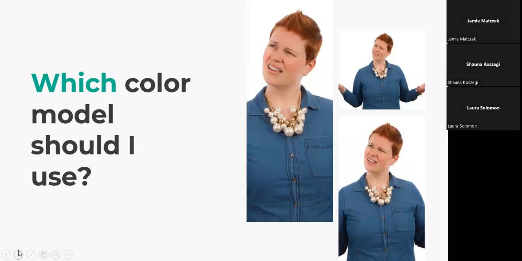And even if you're not the one doing that conversion, so let's say you have something digital and you send the hex codes to your printer, chances are really good your printer is doing some kind of conversion, or your graphic design person is. It's happening somewhere, because those different models, print and digital, rarely overlap.